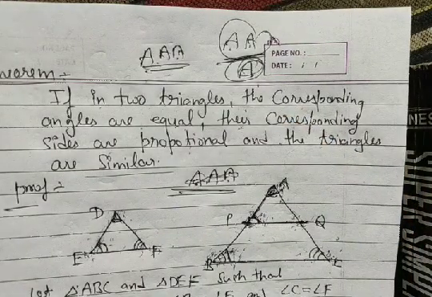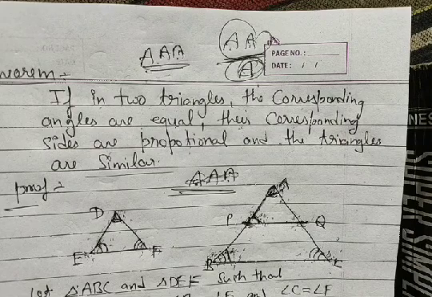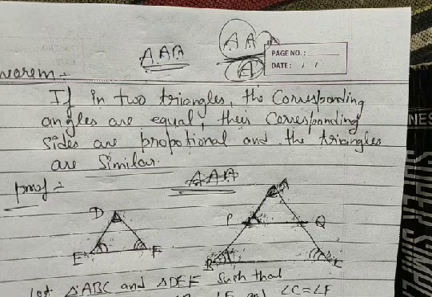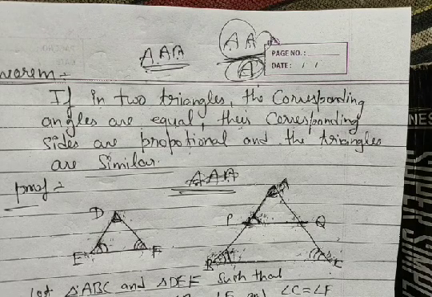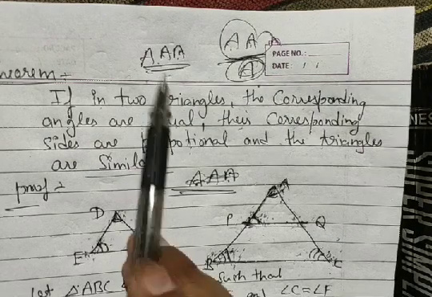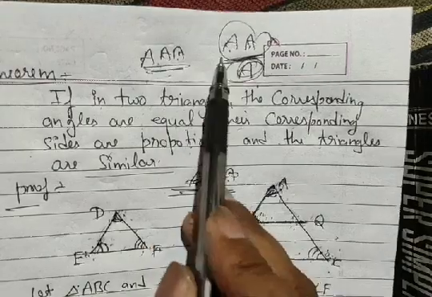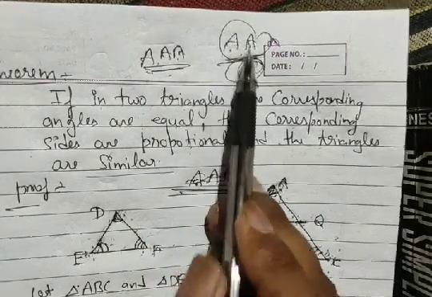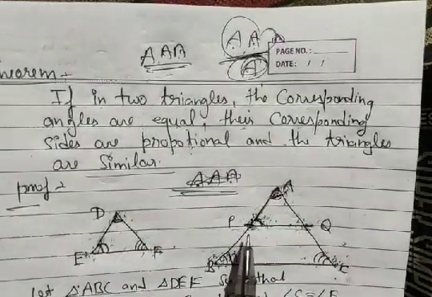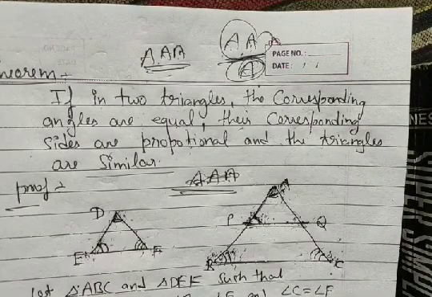Since if two angles of one triangle are equal to two angles of another triangle, then the two triangles are similar. We have the property that the sum of all the angles of a triangle is 180 degrees. Therefore, if two angles are equal, then the third angles are automatically equal too. That's why our angle criteria is just reduced to the AA criteria. If we are able to show that any two angles in two triangles are equal, then by the angle criteria we can show that the given triangles are similar.